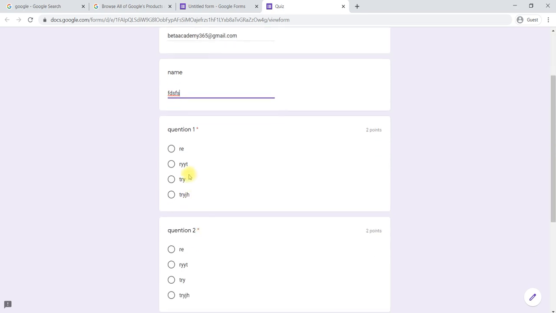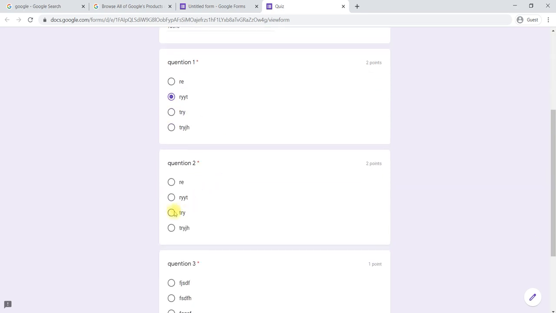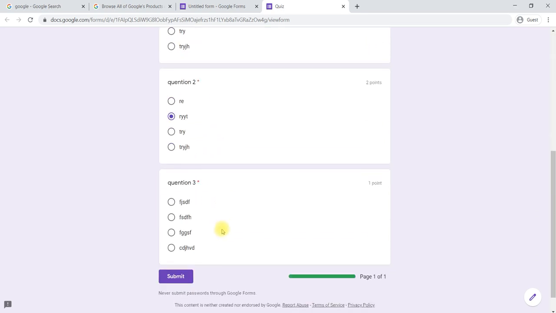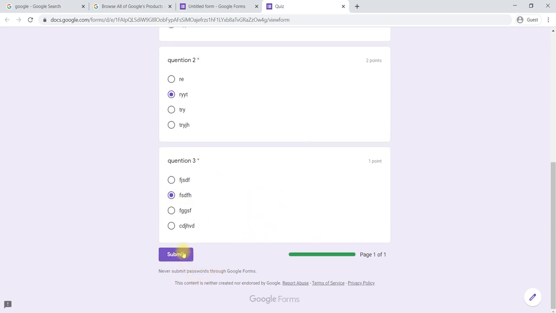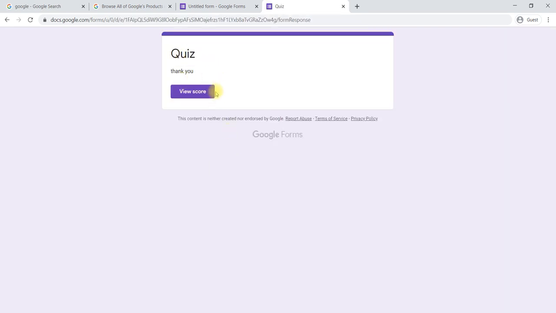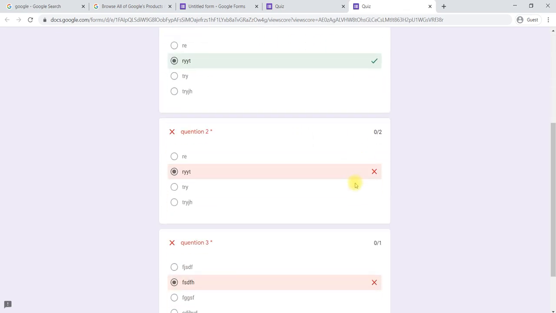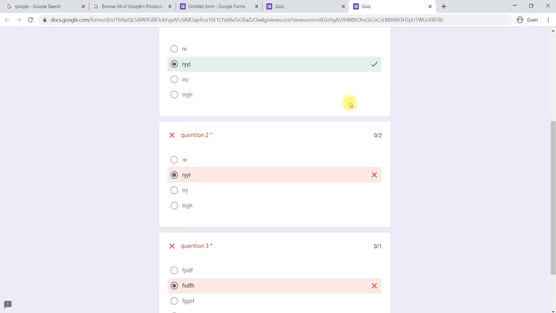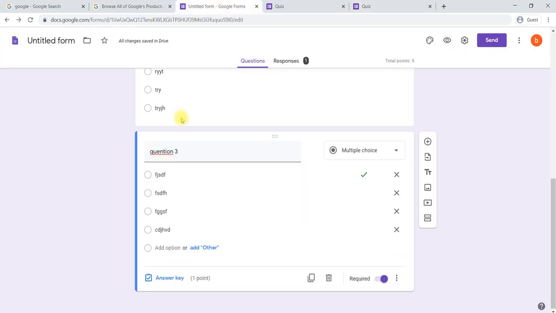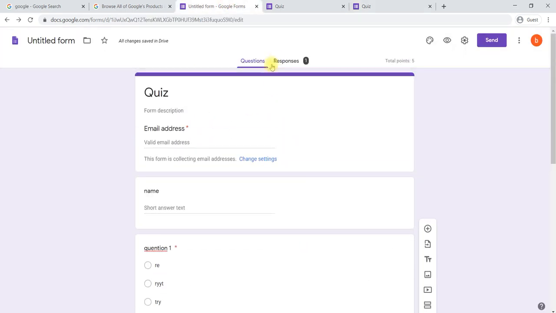I started selecting answers, read a question, selected an answer. Once I have selected the answers, we'll submit. He will get "Thank you" and his score. It will show which is the correct answer and which is the wrong answer he has given. Again, it will be recorded in your sheet in the responses.